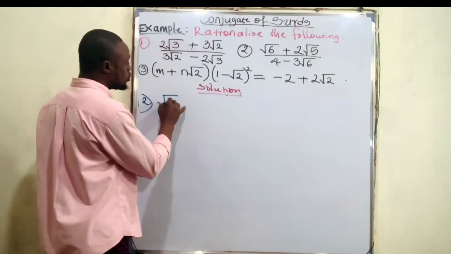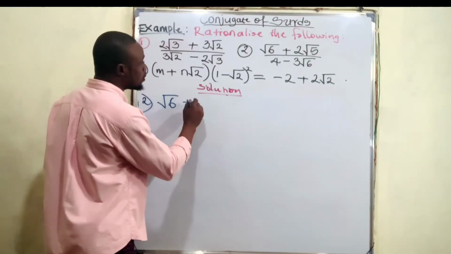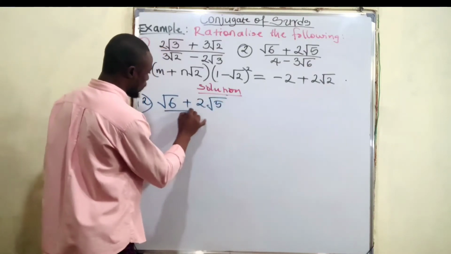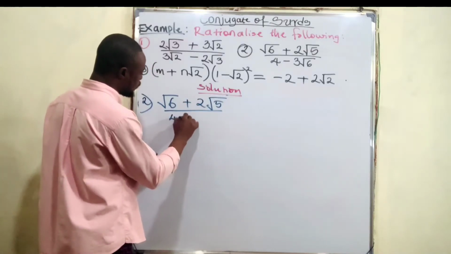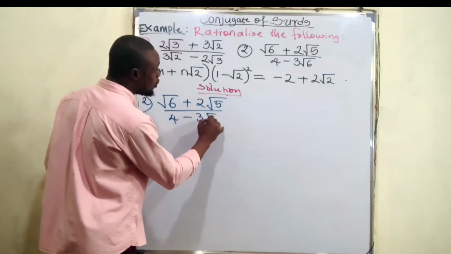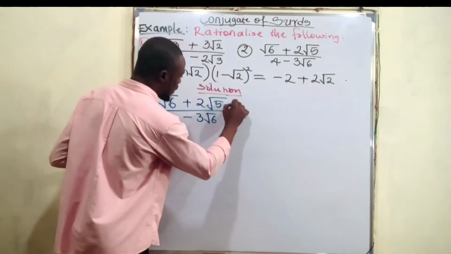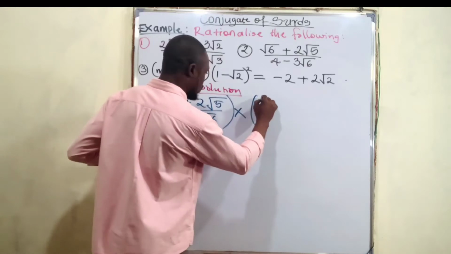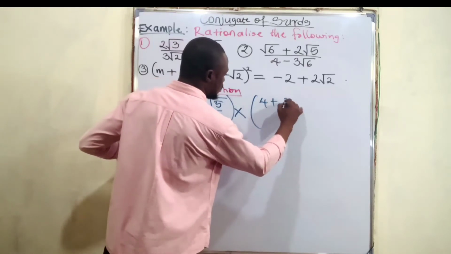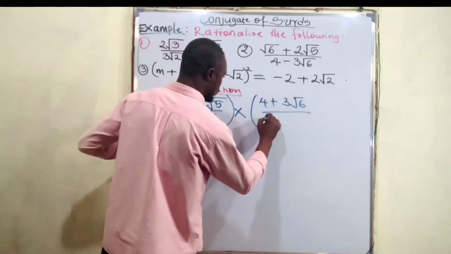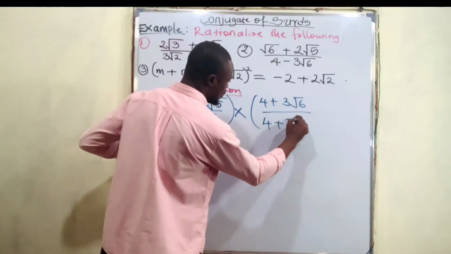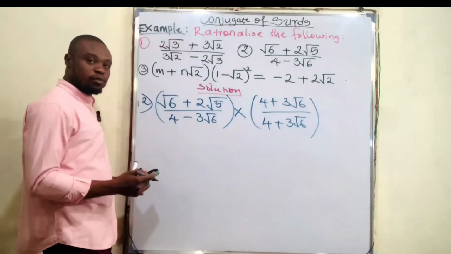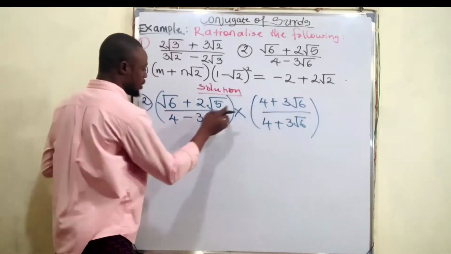Is the root of 6 plus 2 root 5 all divided by 4 minus 3 root 6. So if we multiply by the conjugate, we now have 4 plus 3 root 6, all divided by 4 plus 3 with a root of 6. So close bracket. Also, the multiplication process is to use this to multiply everything here and use this to